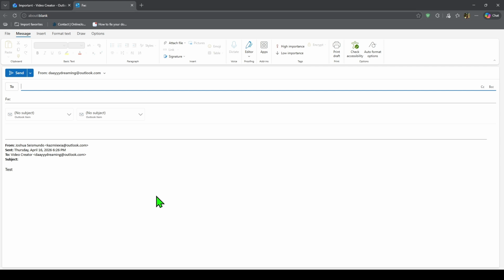So the easiest way is this. Either select the email and choose forward as attachment, or start a new email and use Attach Item > Outlook Item to insert the message manually. Both methods let you send an email as an